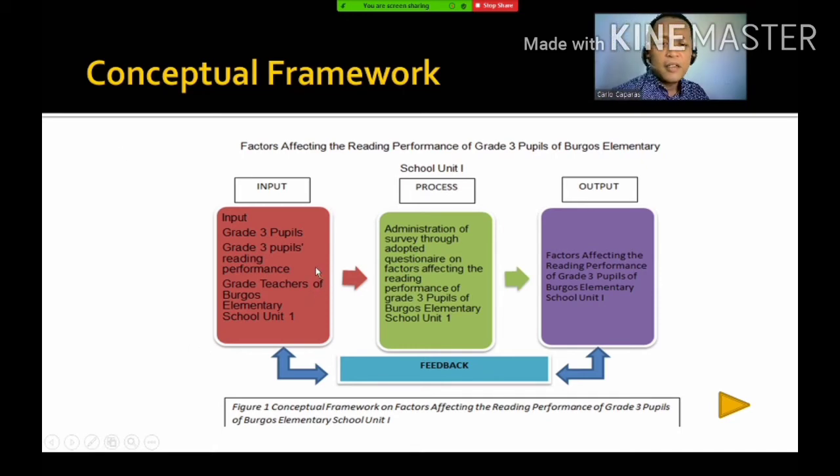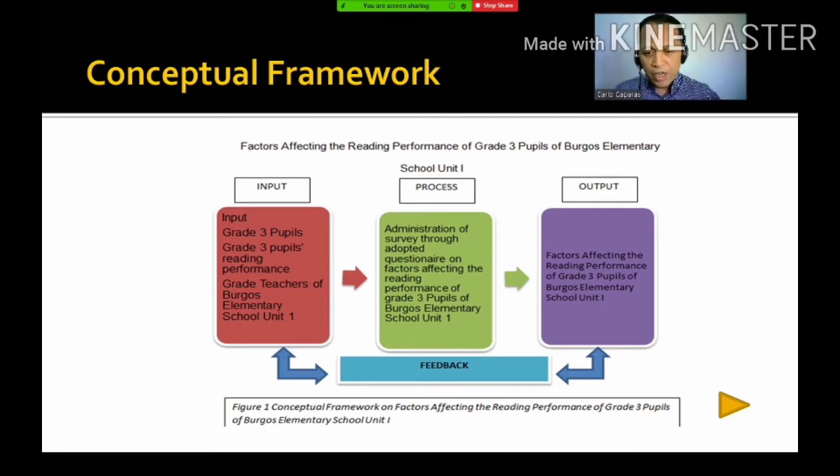the sampling procedure. Next, we have the process. Okay, in the process, we have the administration of survey through adopted survey questionnaire on factors affecting the reading performance of grade 3 pupils of Burgos Elementary School Unit 1. Now, on the output, the final output would be the factors affecting the reading performance of grade 3 pupils of Burgos Elementary School Unit 1.